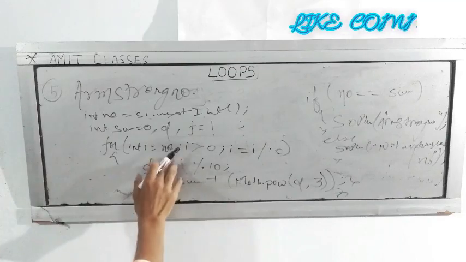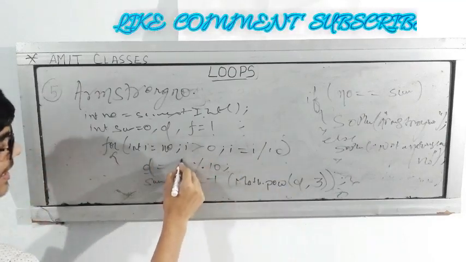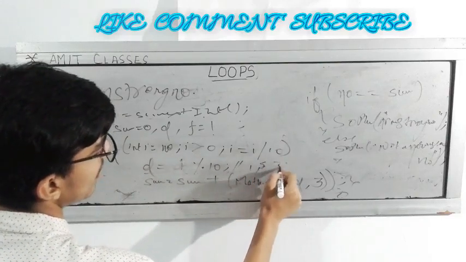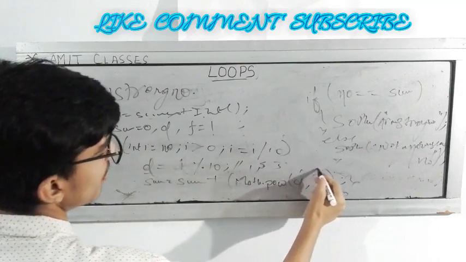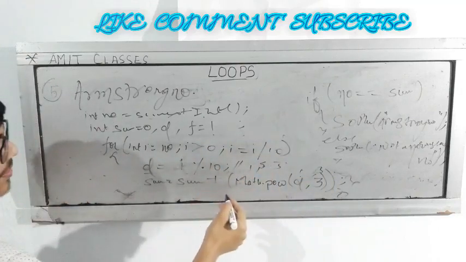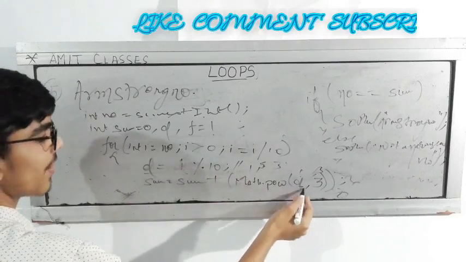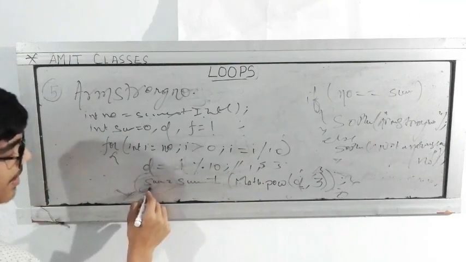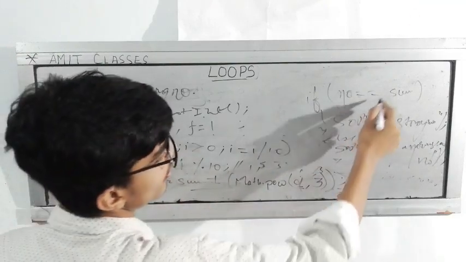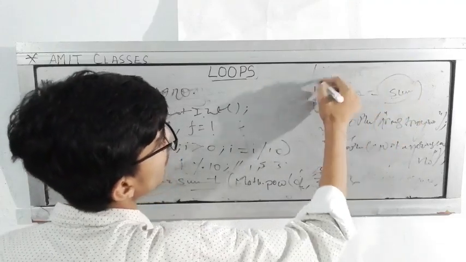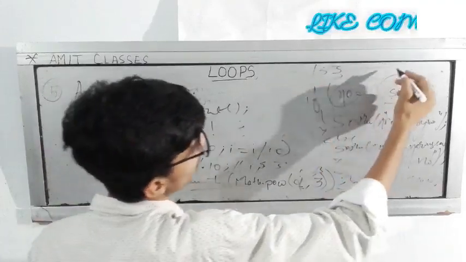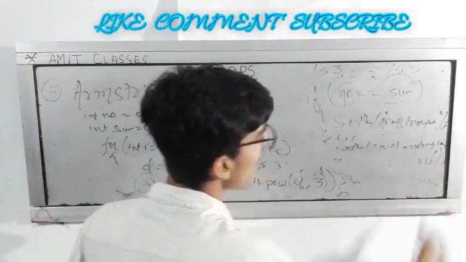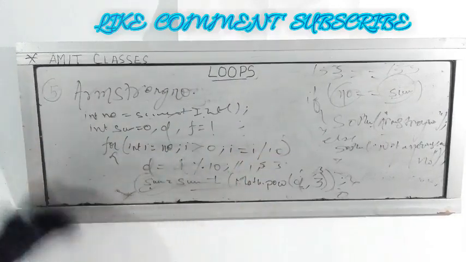So this is the program where we have done it similar to before, and here we have found the digits one by one, 1, 5, then 3, and here we have done cube of 1, again cube of 5, and again cube of 3, as the value of d keeps on changing. So we have added it inside the sum, and sum has all the addition of cubes of the digits. So now if number is equal to sum, 153 was there, the sum of cubes of that number was also 153. So if both are equal, then only it is an Armstrong number. So this was the program.